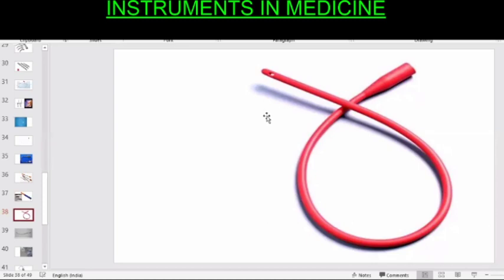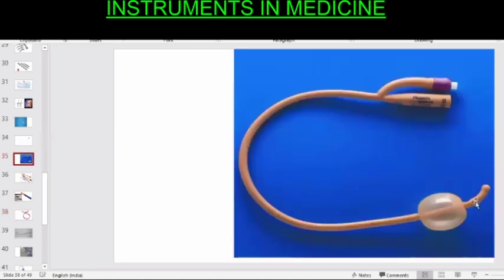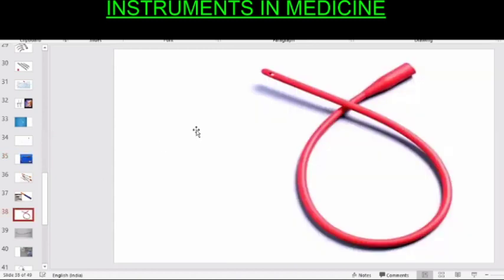Sometimes in a Foley's catheter, if you don't pass the catheter till the bifurcation, and in midway only you try to inflate the balloon when the catheter is in the urethra, the balloon inflation will cause rupture of the urethra. So that complication is not there in this. So those balloon complications are not there. It can be removed easily, and it is single use, sterile. Okay.